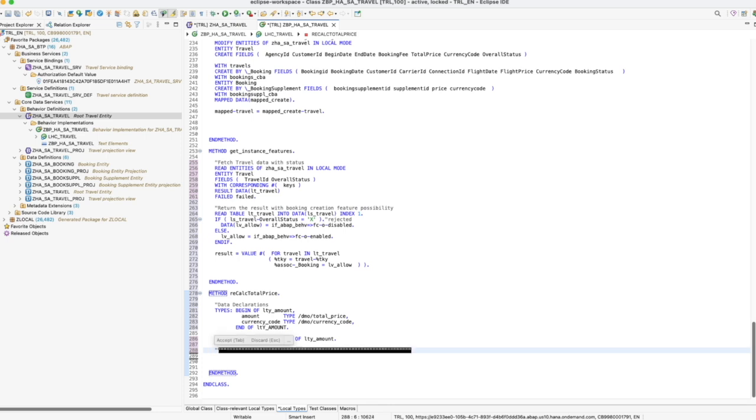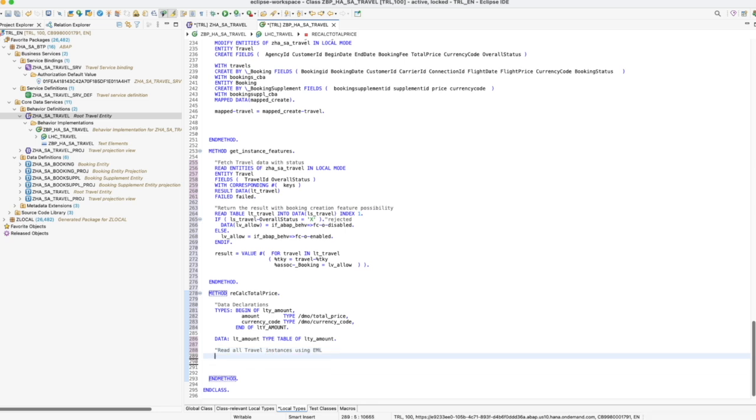Okay, let's do that. Read entities of ZHA